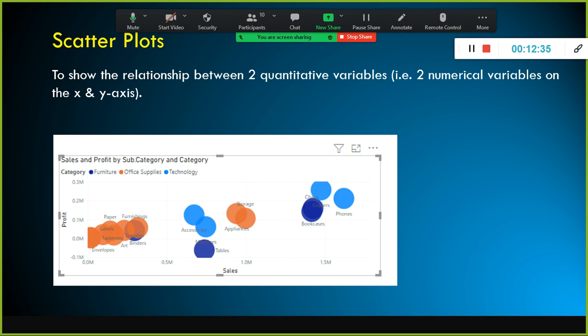Are there any relationship between sales and profit? Is there any correlation between these two variables? To understand the correlation between two variables, we use scatter plot, and also scatter plot helps us to identify any outliers in your data.